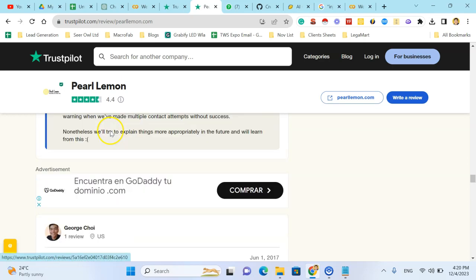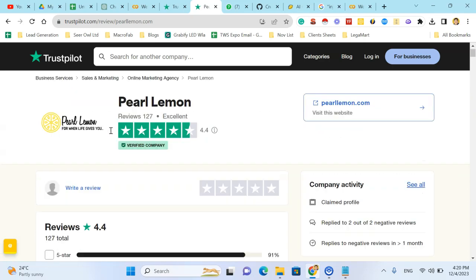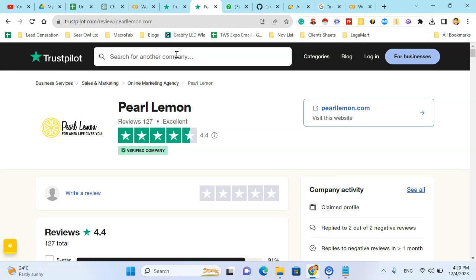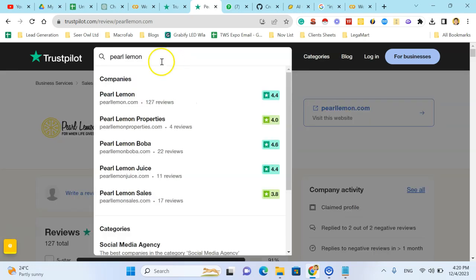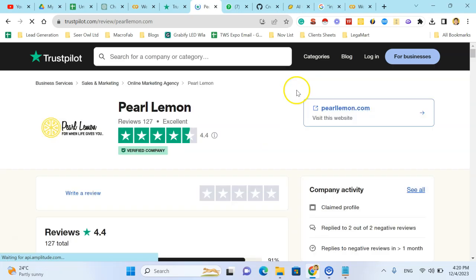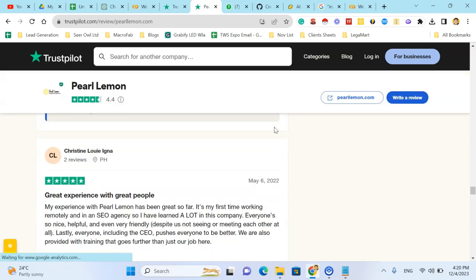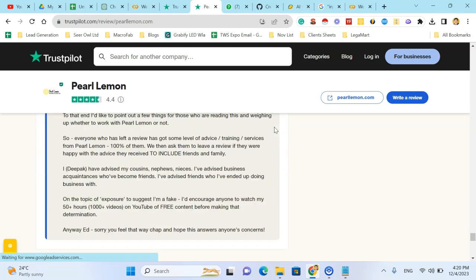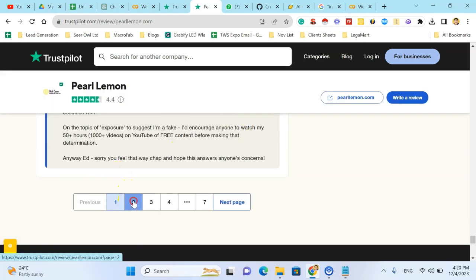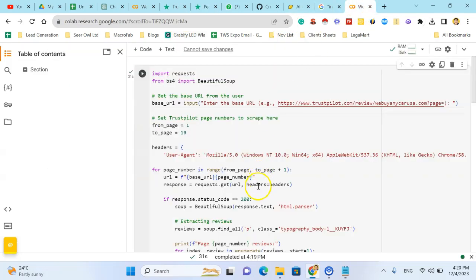So in my case, I want to scrape the reviews from Per Lemon. For example, type here the company name and scroll to the bottom of the page. Okay, copy the second page URL, run the code,